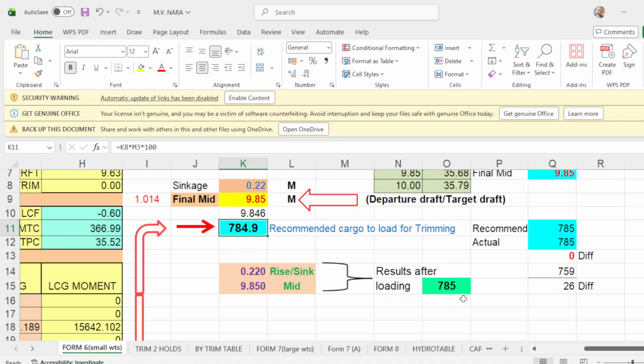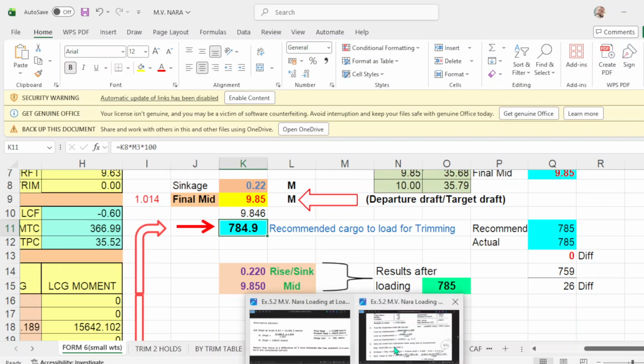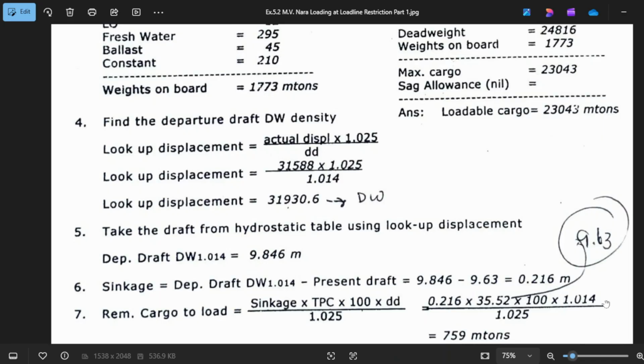If you load 785, the sinkage is exactly 0.22, which is the same here. Now, according to his solution, he got 759. So let's investigate. How did he get 759? Because he used this density.